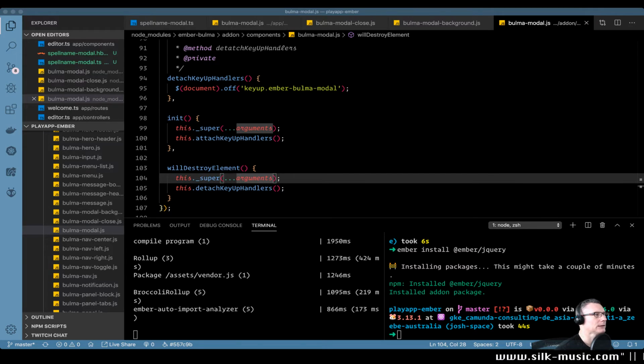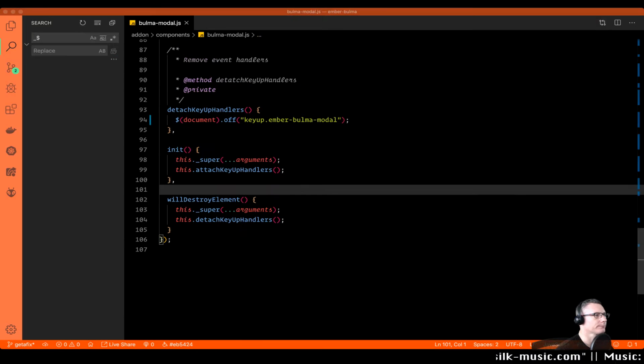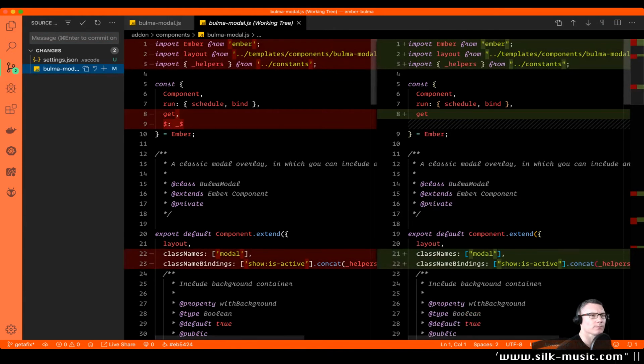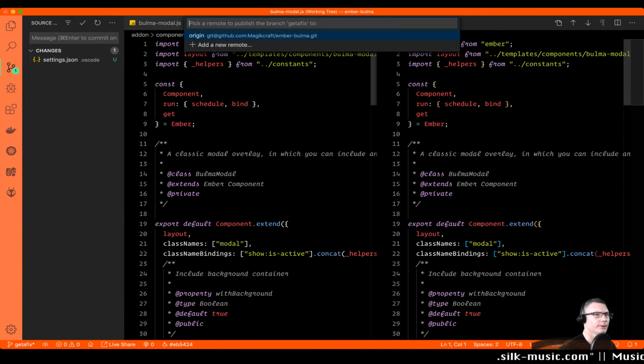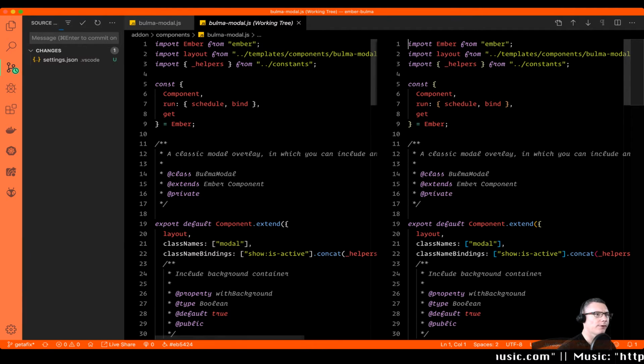So, what I'm going to do now is take you back to that window. Say okay to that. It says there are 8 changes. There are 2 changes. And then I'm just going to say that this pull request is used correct jQuery. Save that. Push it to the origin. I'll open a pull request. But in the meantime,